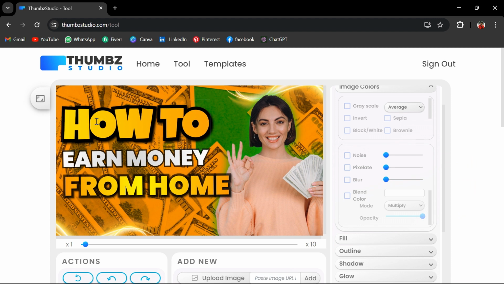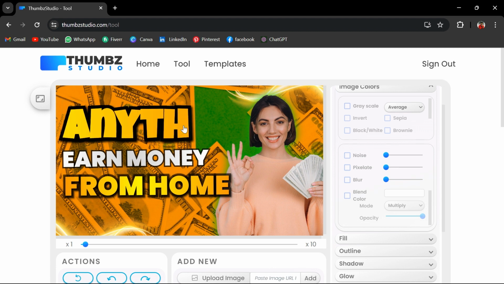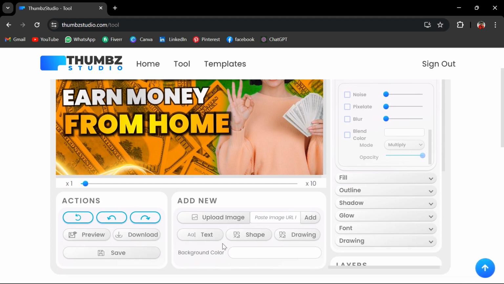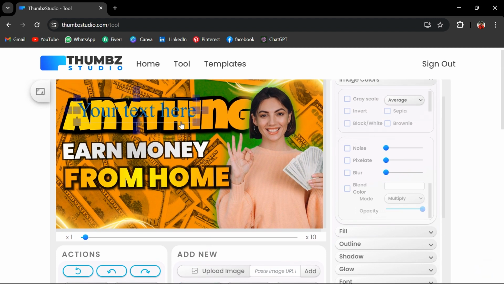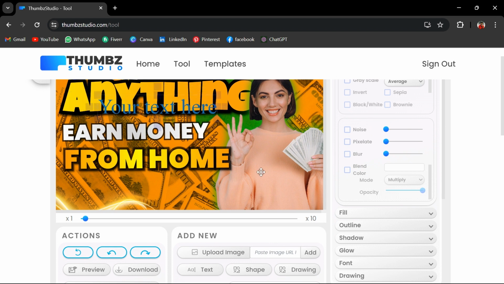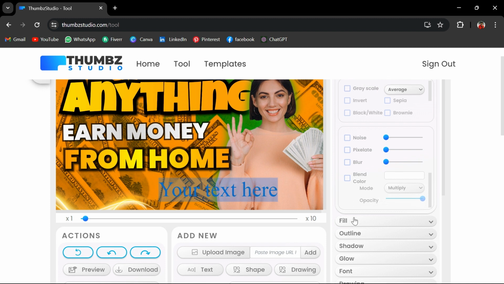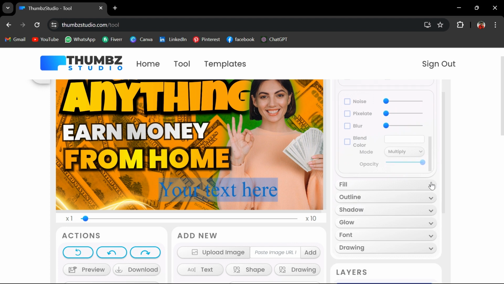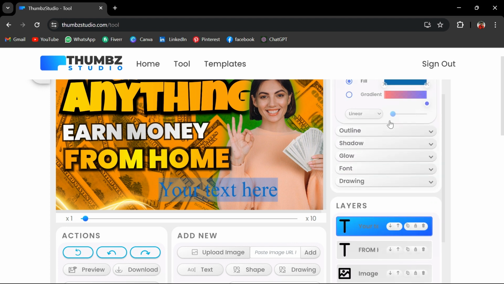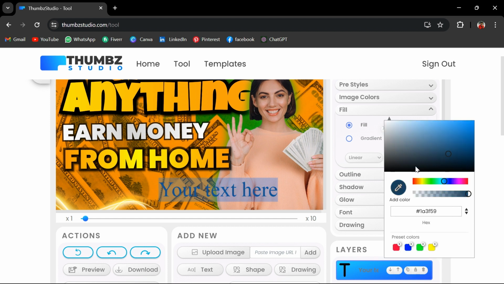If you want to change the text in the thumbnail, simply click it and type what you want. And if you want to add a new text and change the color of it and change the font style, please follow these steps. Scroll down, go to text, adjust it, select the whole text, go to fill, select the color you want,